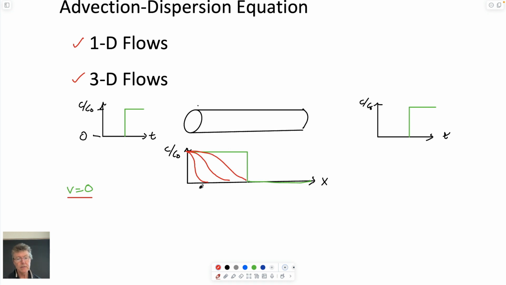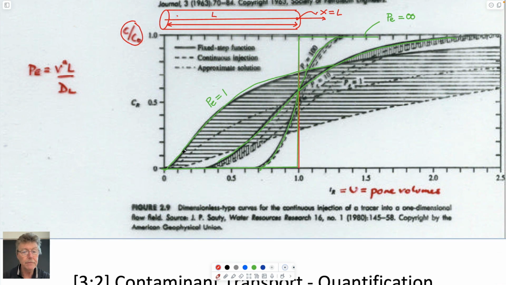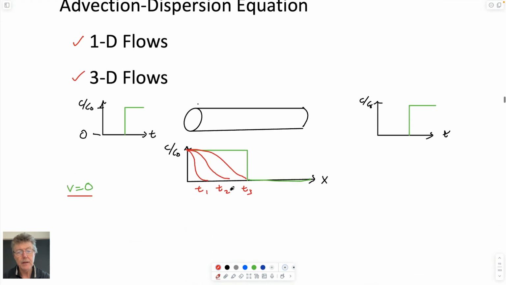It would look like this. T1, T2, and T3. And so merely making the case that if you look at this, at early times, this is before, so this is as the pore volumes are, well, let's choose a different number, at half a pore volume. So this is saying that if the Peclet number is equal to 1, at half a pore volume, then in other words, it would have swept like this. The concentration,